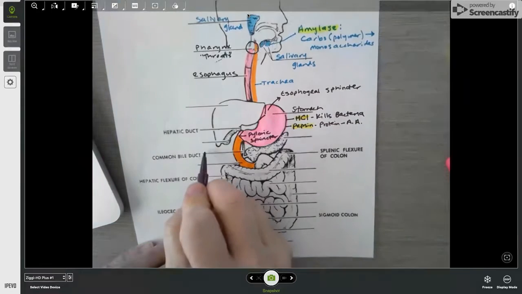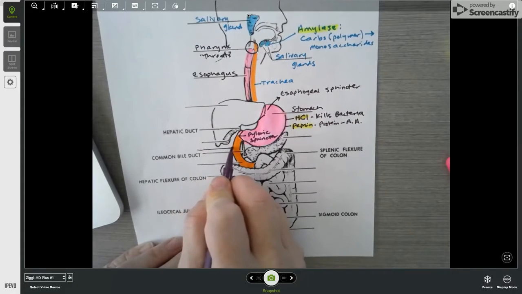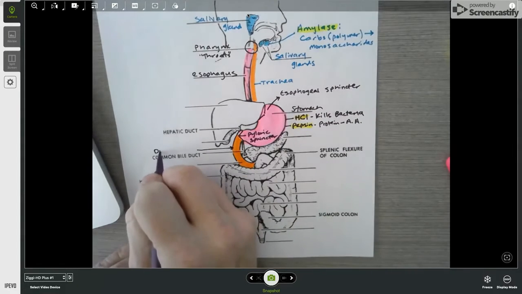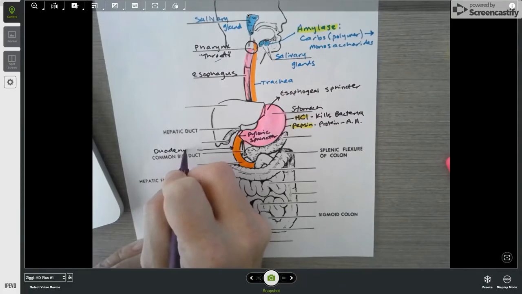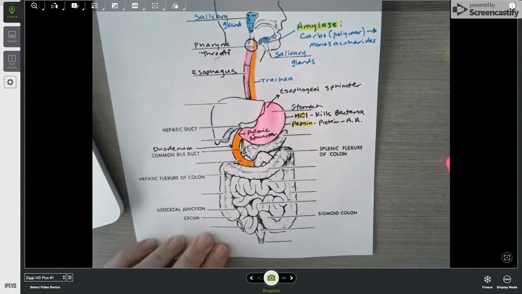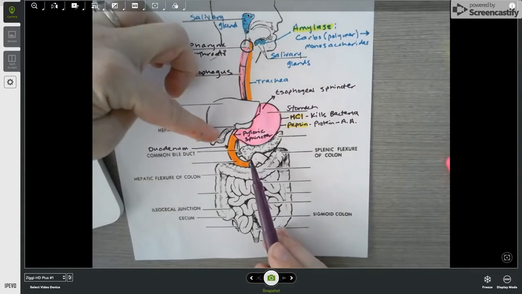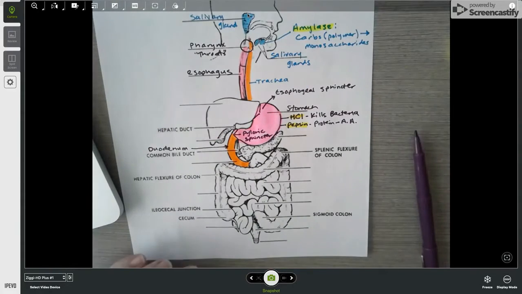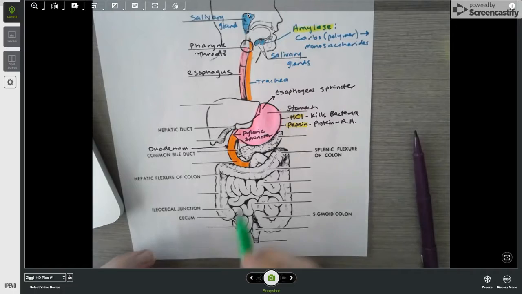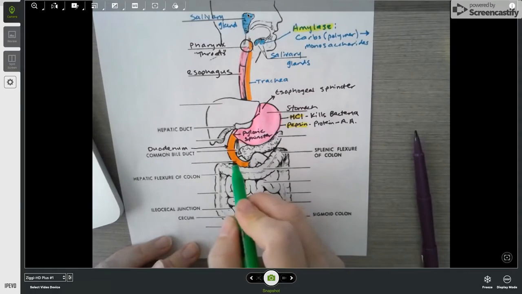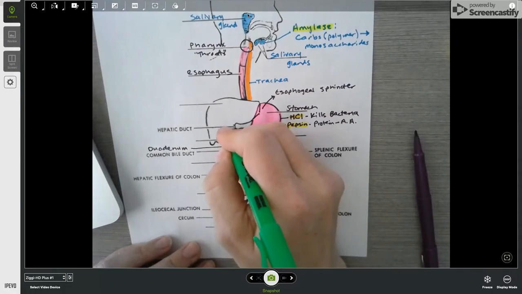So I'm actually going to add a label in here. This is the duodenum. This is just the first part of the small intestine. Now, connected to the duodenum, you have your first set of accessory organs. Your accessory organs are things that squirt juices into the digestive tract, but food itself never goes into these